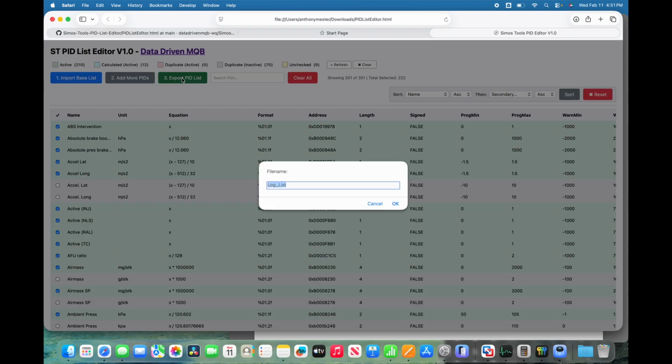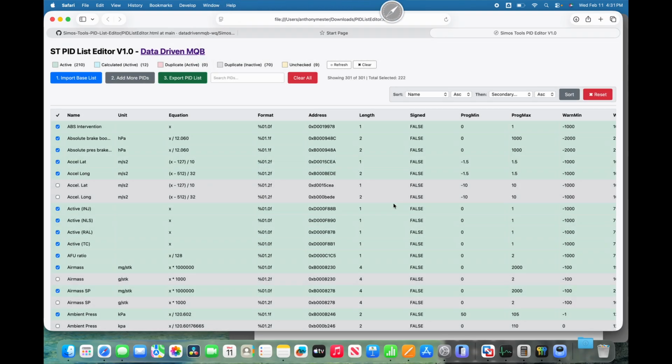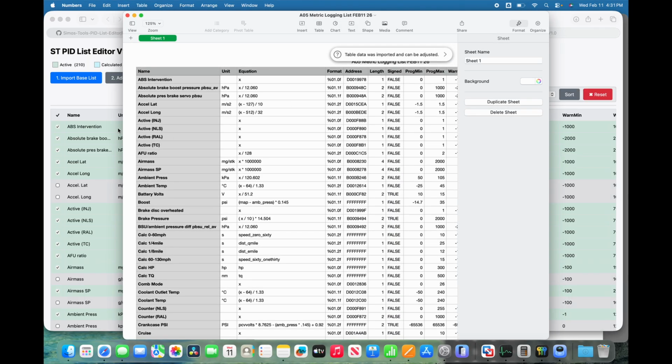So we'll call it A05 metric logging list, Feb 11, 26, hit OK, and going to allow that. So when that saves, now I have a logging list with all the stuff that I want,